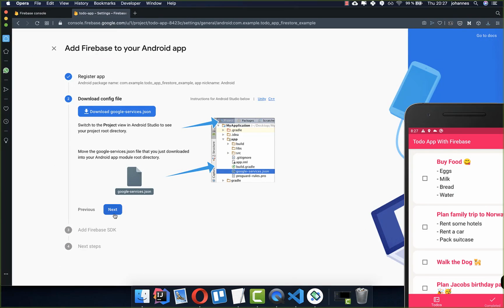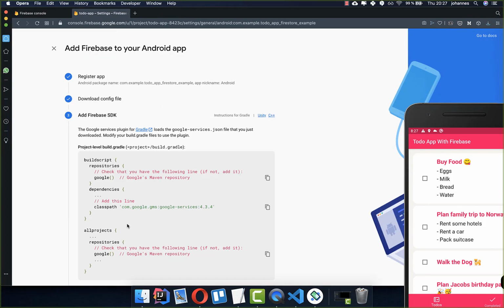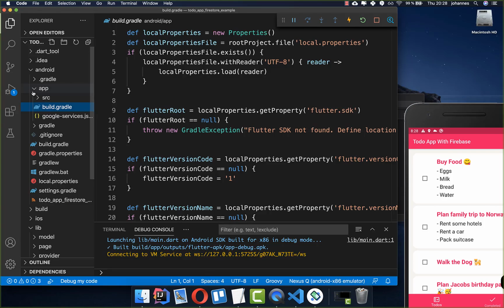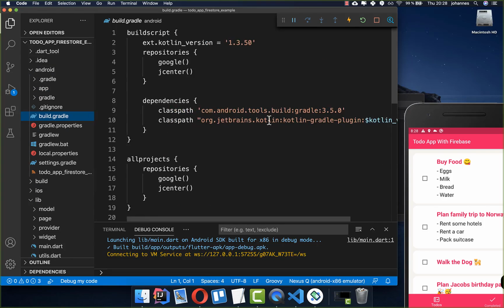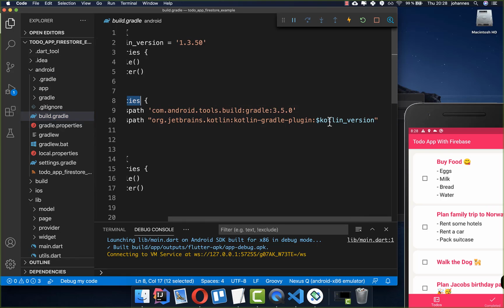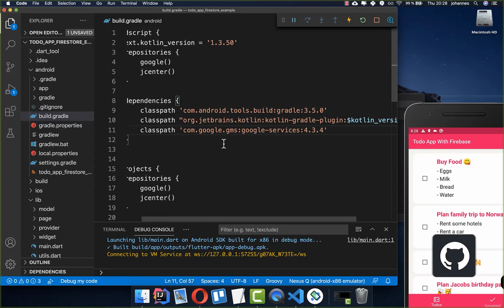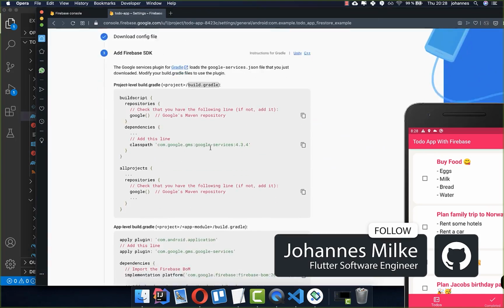After it you can go back and click on next, and now we need to do some configuration. First of all, copy this line which we need to put into the build.gradle file, and make sure that you close this app folder because we have another build.gradle file here, and we take this build.gradle file inside of the Android folder. And here at the dependency level you can put this dependency classpath inside,